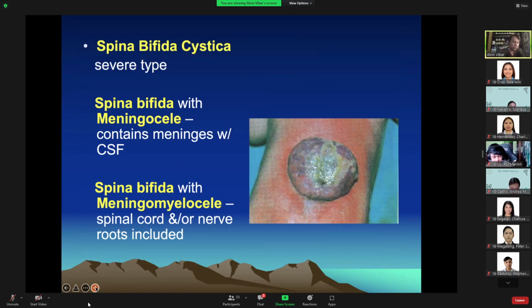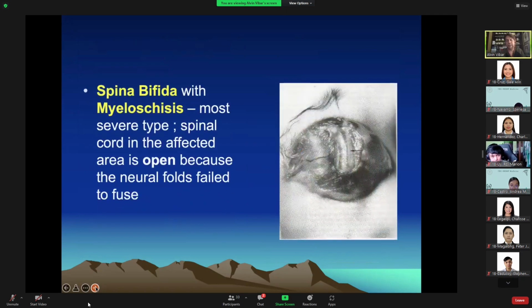To differentiate this from the worst type, we call it spina bifida with myeloschisis. Look at this picture. The spinal cord is open. There is no more covering. So this is the most severe type. Okay? Again,